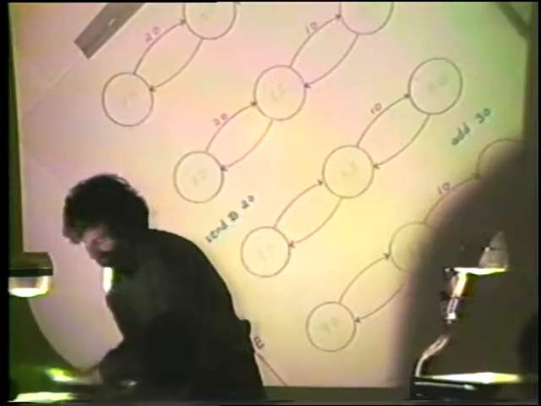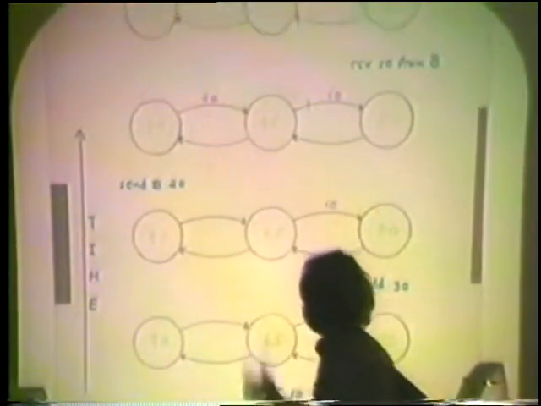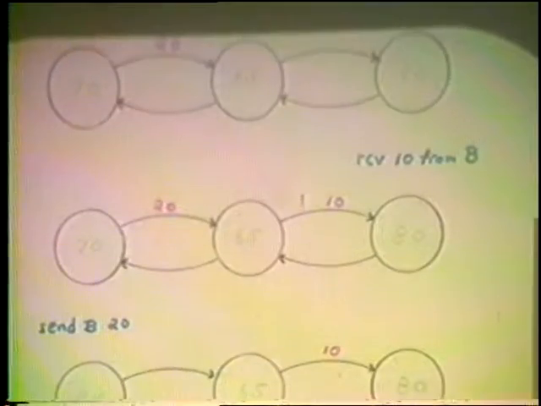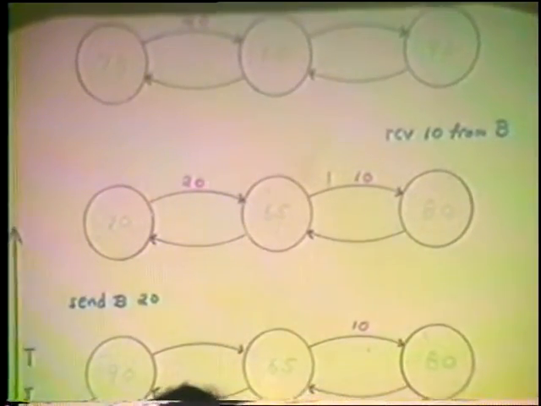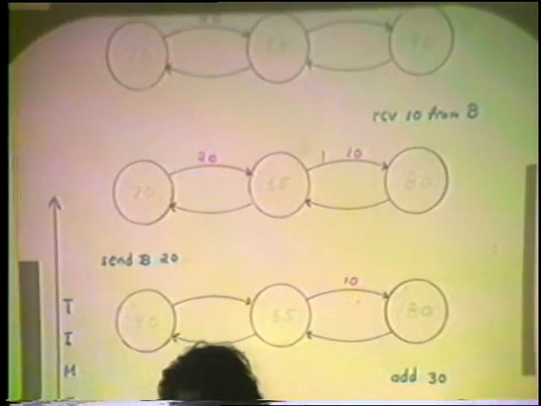And to look at this problem, let's take a look at a sample execution of this system. Time runs from bottom to top for various historical reasons. Here we have the 3 processes. They start with this configuration, $90 in branch A, $75 in branch B, and so on.